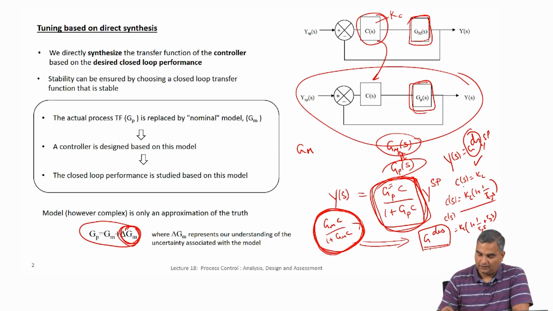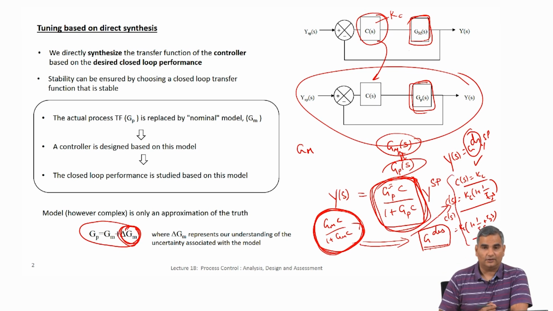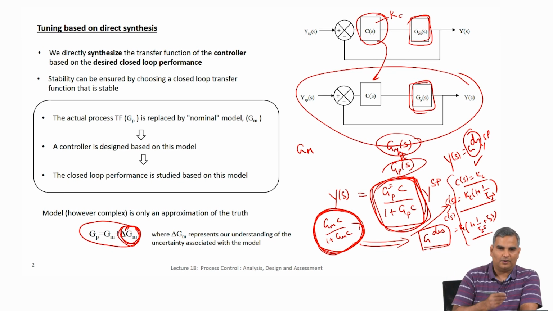So these are the structures that are already defined, but when I put a G desired and then compute a controller, the controller need not be in any of these structures. Okay, so they might not even be in a PID structure. So if you are trying to tune a PID controller using this, and if the controller that comes out itself is not in the PID form, then you cannot back out what are the tuning parameters. Okay. So that is a disadvantage, but that is largely overcome by choosing G desired in such a way that the controller turns out to be PID, or in cases where it does not turn out to be PID, there are other minor modifications you can do, such as adding a filter and so on,